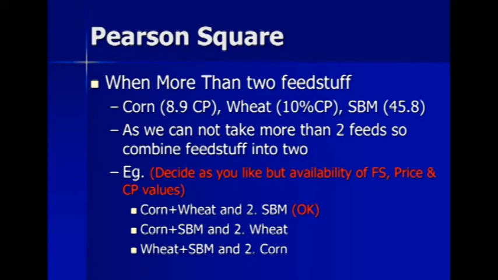Likely here we can mix corn and wheat, but again, the question arises: why should we go for mixing the grain? Why should we not go for mixing wheat and soybean meal? So we can decide it according to the availability of the feedstuff, according to the price, according to the protein value. So there are different choices, but generally, it is acceptable to mix whatever grains are available into a single feed for the sake of calculations and for giving a concentrate mix to the farmer. Like in this example, we have the option to mix corn and wheat, and we use soybean meal as a second feedstuff.